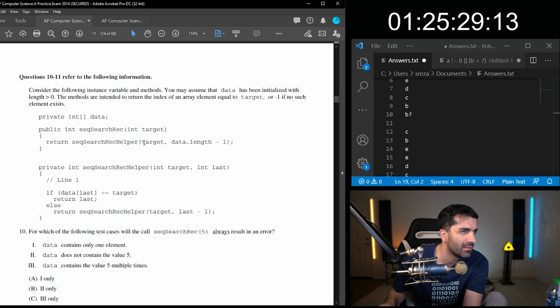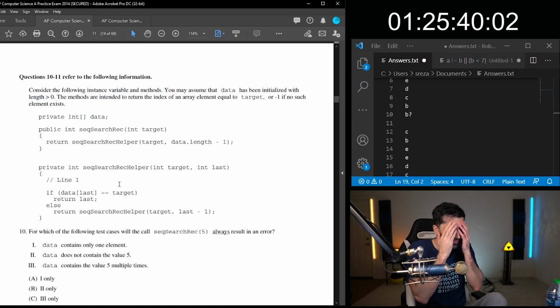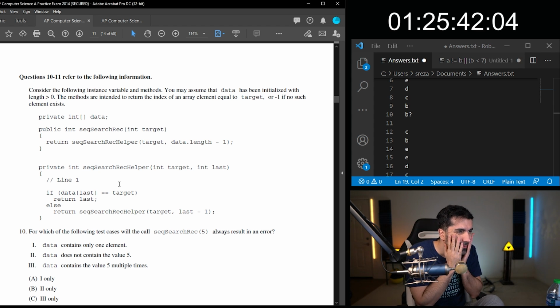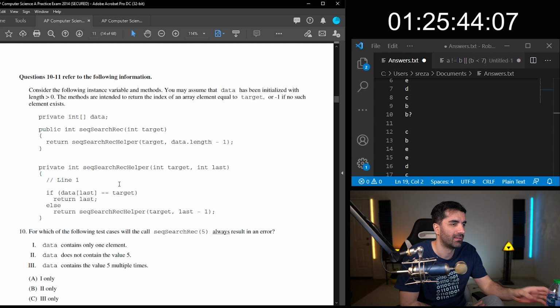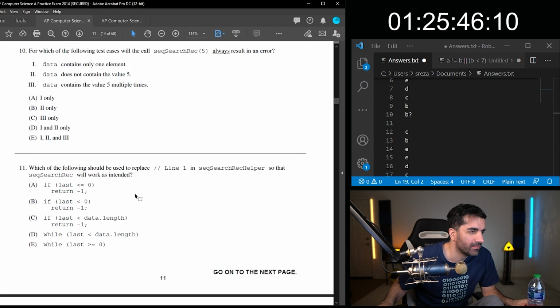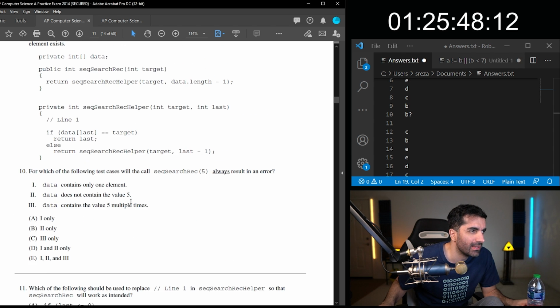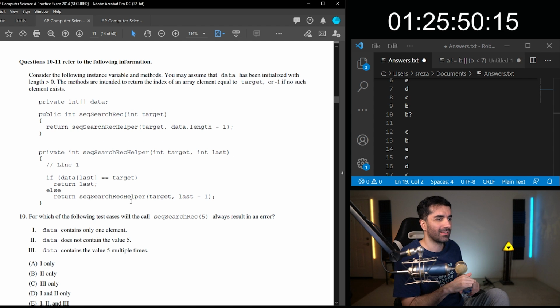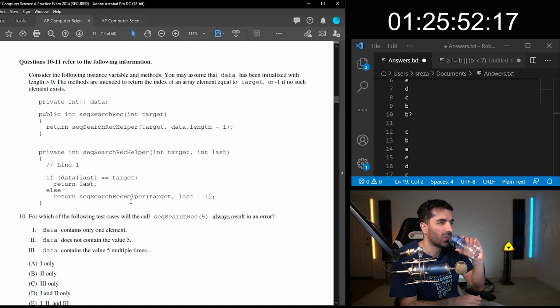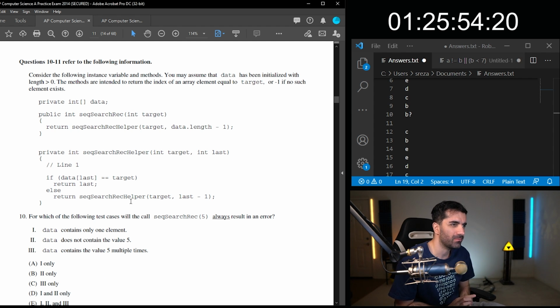So we have a target. If data last equals target. Why is this one so confusing to me? This one is not really clicking for some reason. Sequence search.